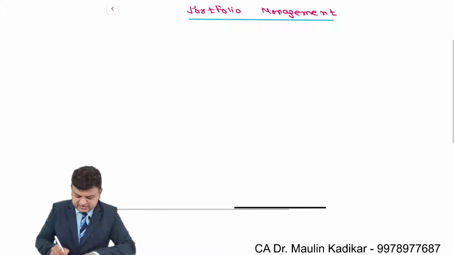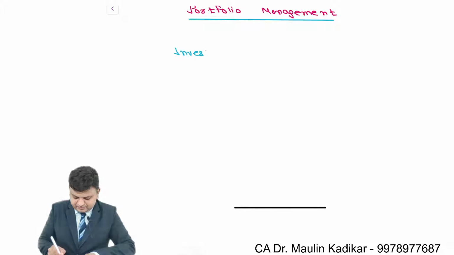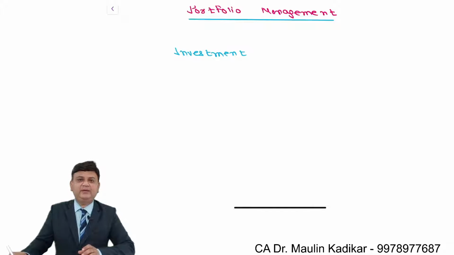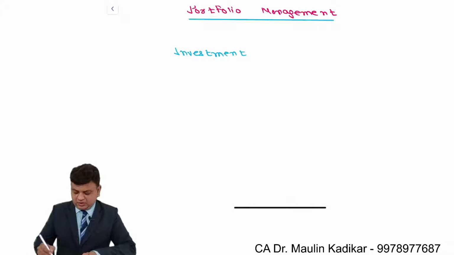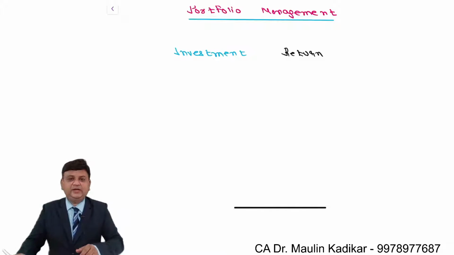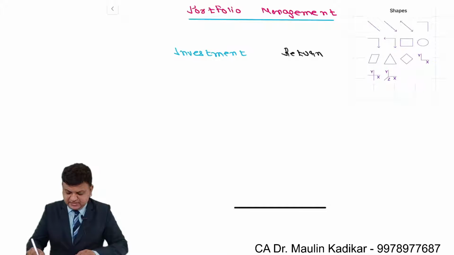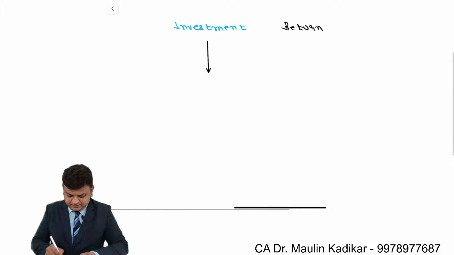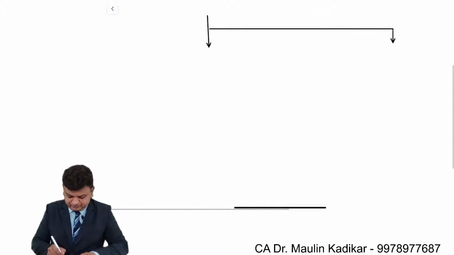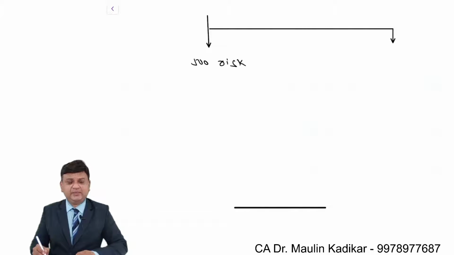We understand that as far as investment is concerned, investment is made by the investor so as to earn a return on the investment that the investor is making. There are basically two types of investment. One is the investment where there is no risk. Examples of them are